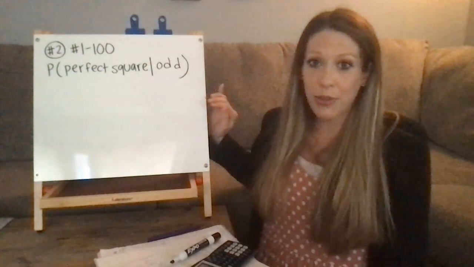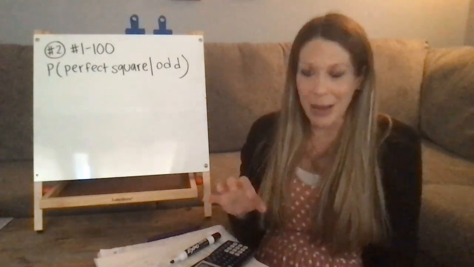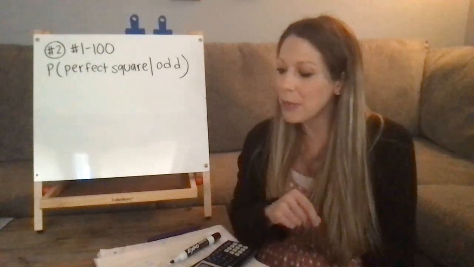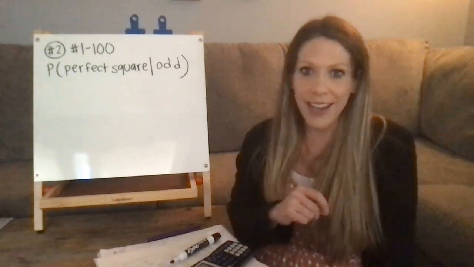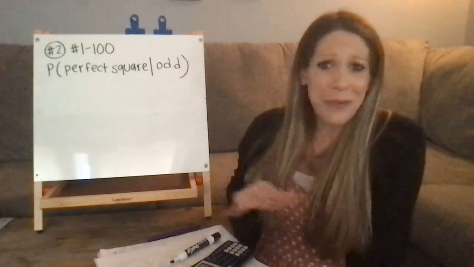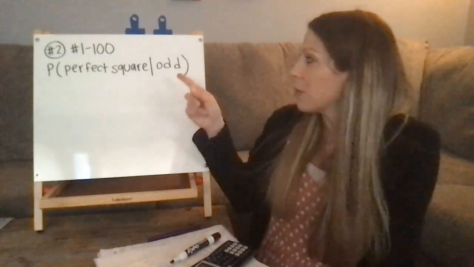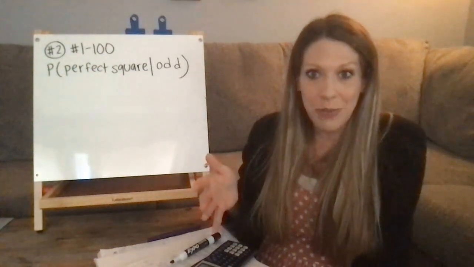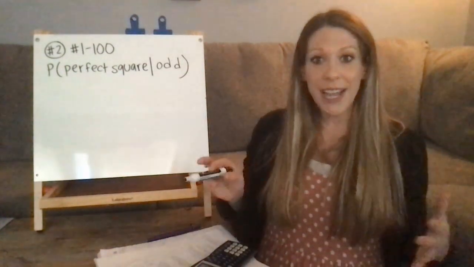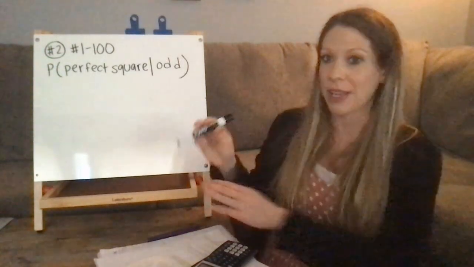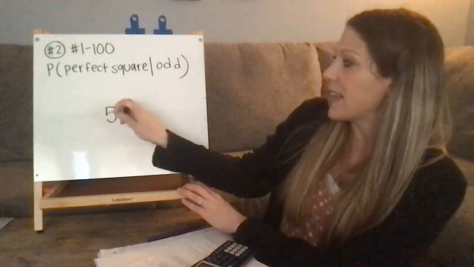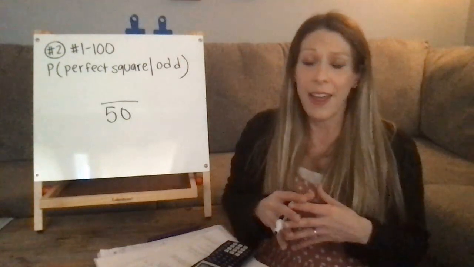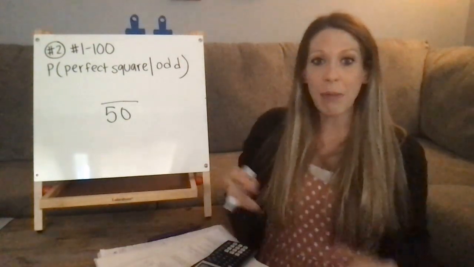Number 2 from your notes says, if we're looking at the numbers 1 through 100, and you're going to randomly select a number, what's the probability that it's a perfect square given that it's an odd number? Well, we don't really care about all the numbers 1 through 100 because we're already given that it's an odd number. So really, we're only looking at the odd numbers between 1 and 100. So out of all of our data, there's really only 50 numbers we're choosing from because it's given that it's an odd number. So 50 odd numbers,